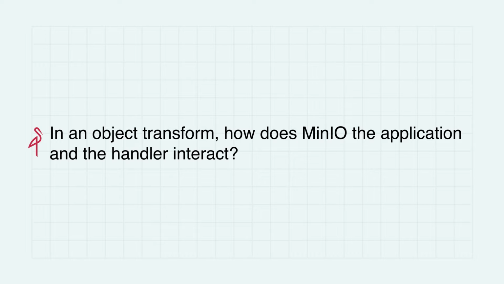So, the Lambda transformation of an object is a feature that we implemented for a specific customer requirement, where they would like to transform the object that they're retrieving from MinIO in a specific form. Maybe they want to add a watermark, or add something new to the object, and that's how they want to present it to their application. So it is a very specific requirement, and they are free to implement what they want in these Lambda handlers.